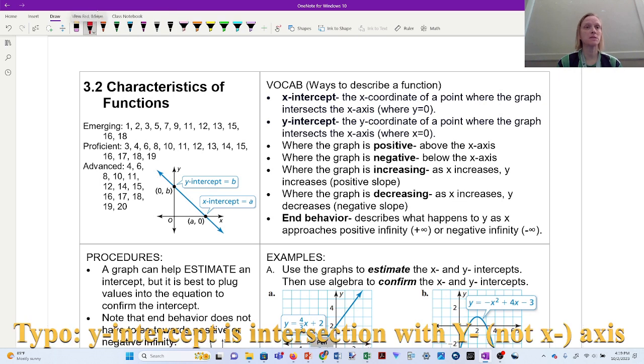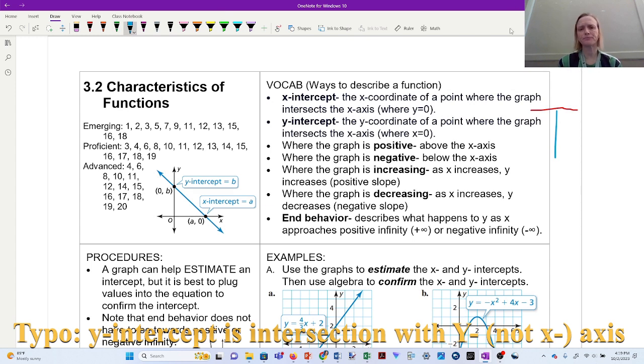and y-intercepts. The x-intercept is the x-coordinate of a point where the graph intersects the x-axis. So where y equals 0, wherever the graph intersects that horizontal axis is the value that we're going to write down there. And then the y-intercept is the y-coordinate of a point where the graph intersects the y-axis, where